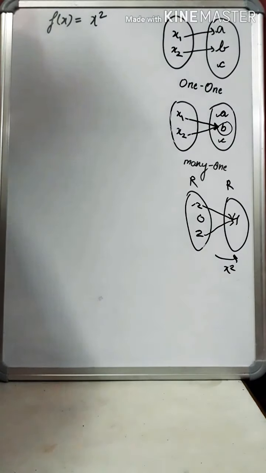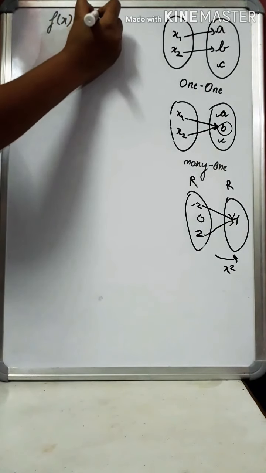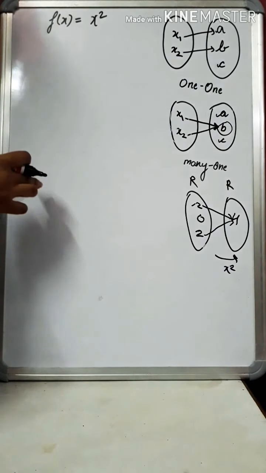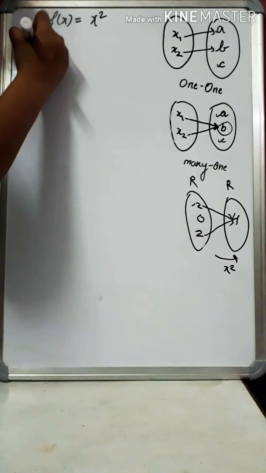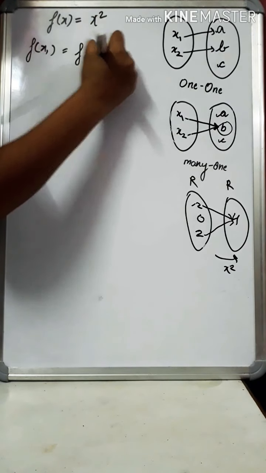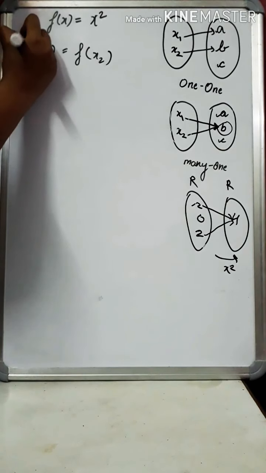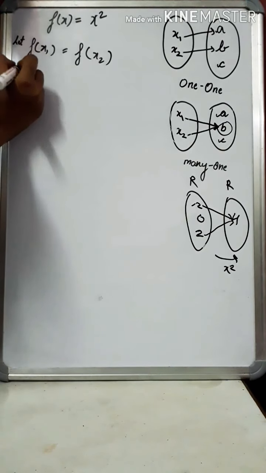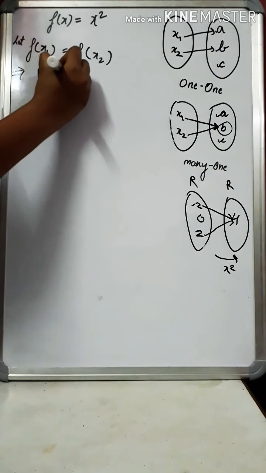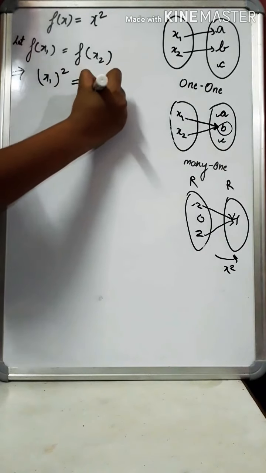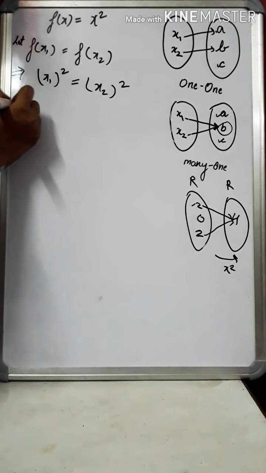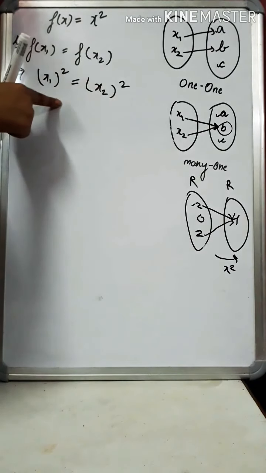So how do you prove it? Let us assume we don't know what this function is. We will assume that our function is not a 1 1 function but a many one function. So let us say it is a many one function, which means f(x1) is equal to f(x2), right? Alright, this is our assumption. So what do we get from here? You put x1 in the function, you will get x1 whole square, which is equal to x2 whole square, right? So now you take square root on both the sides.